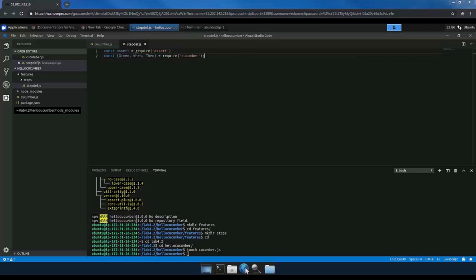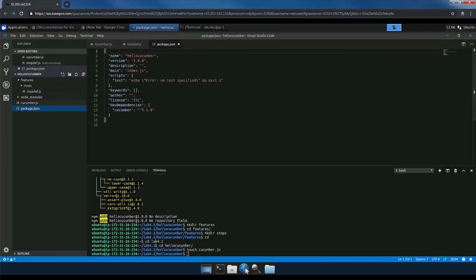Next, we need to go and tell Node how to run a Cucumber test. So we go back to package.json, and in the package.json file, which you'll see in the Visual Studio Code editor, you'll see a scripts node, and beneath that, a test node. We delete the default entry that npm init made in the test node of the package.json file. You can see it says echo error, no test specified, and exit. We're going to delete that, so we do. And in its place, we type